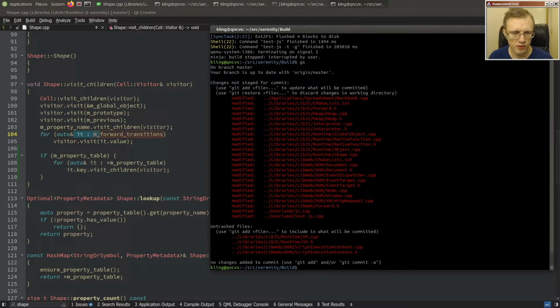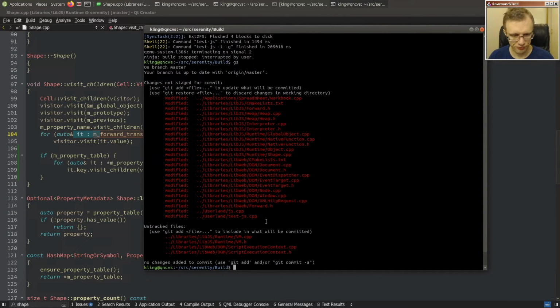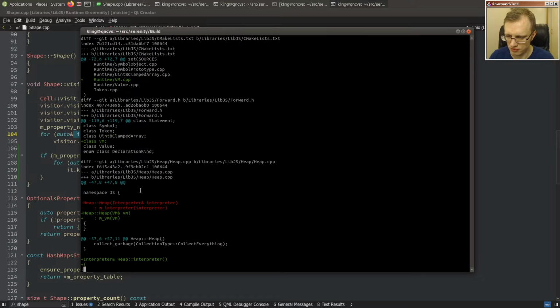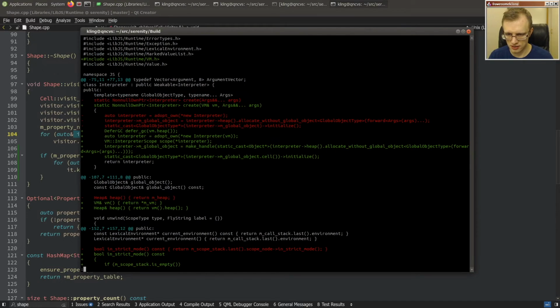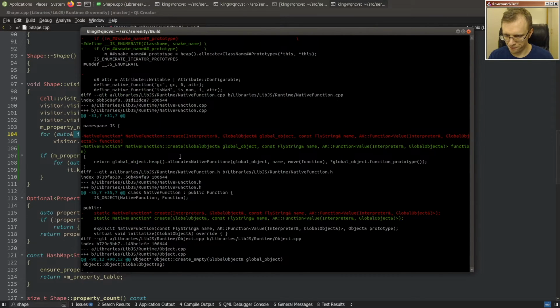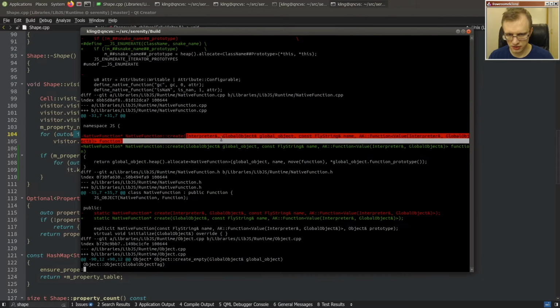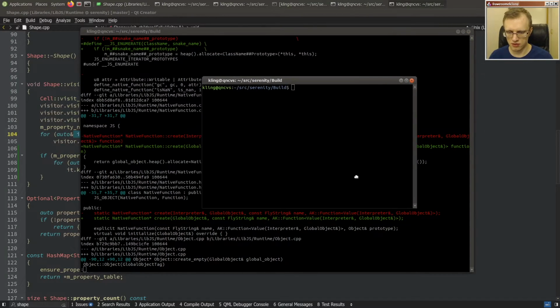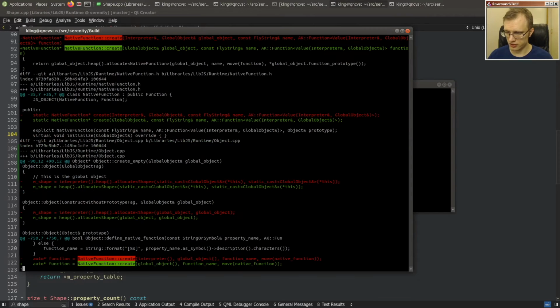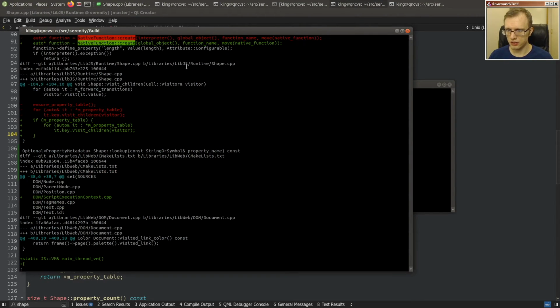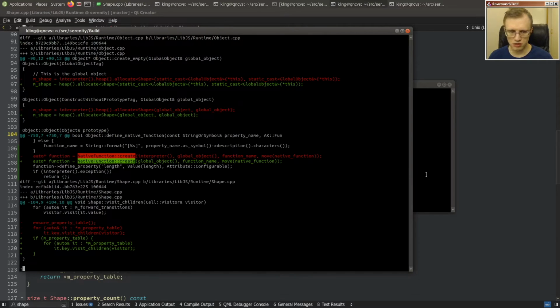Very, very cool. So, commits. Dang, there's so many things going on here. Let's see what we can add. You know what, we're gonna have to look through these, because I did a whole bunch of little things that were just niceties anyway. So native function didn't need the interpreter argument. So can we just fix that up? Native function create. Yeah, we can just do that one separately. Okay, so those were in